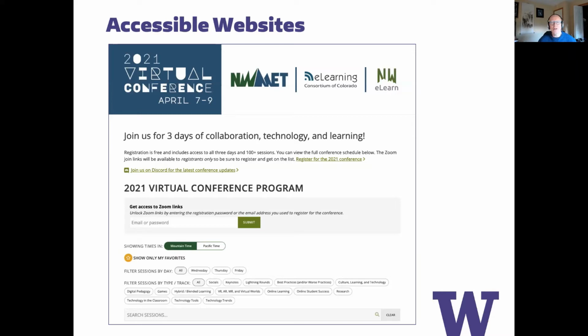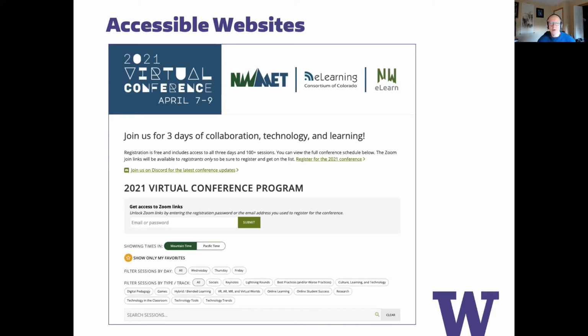A common thing is images, and we've got right across the top 3 logos of the sponsor organizations, I guess. And the question associated with images is, is there alternate text? So somebody who can't see the images, do they get that information if they're using a screen reader, if they're listening to content, or if they're accessing content through Braille?